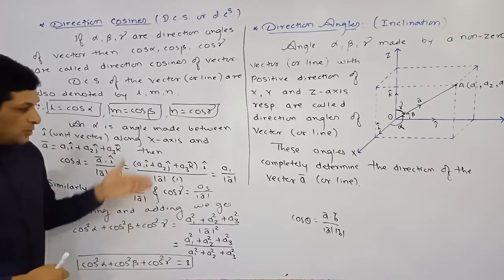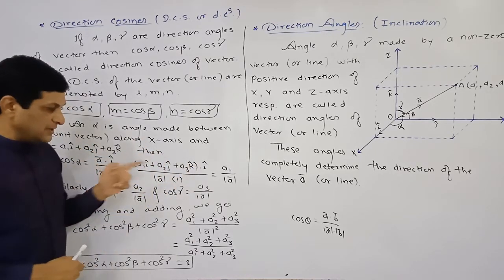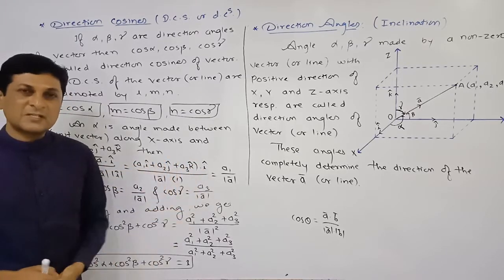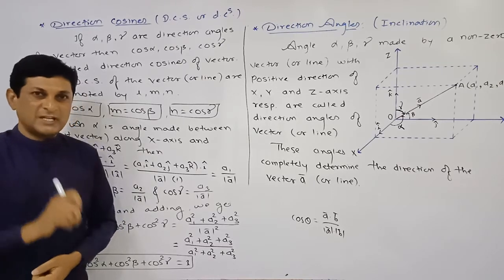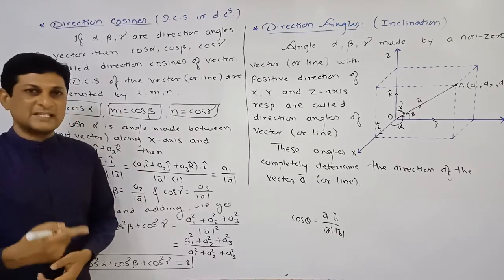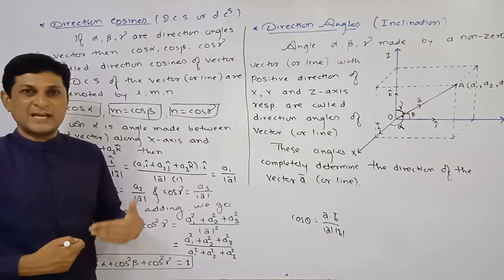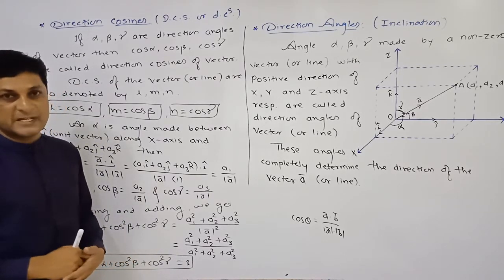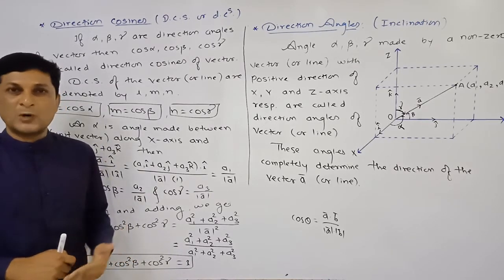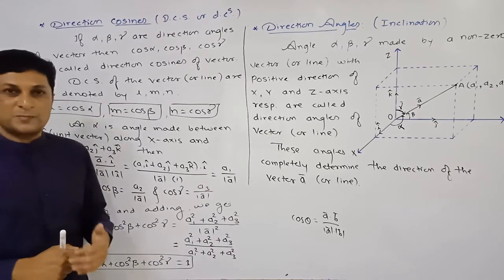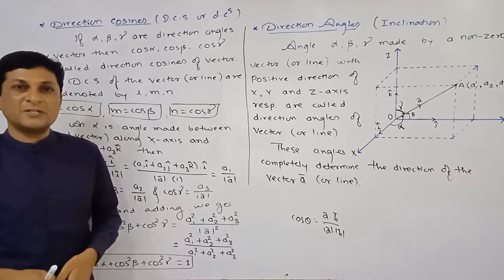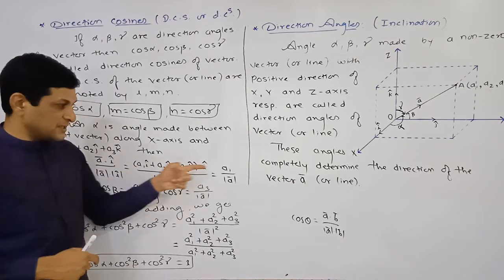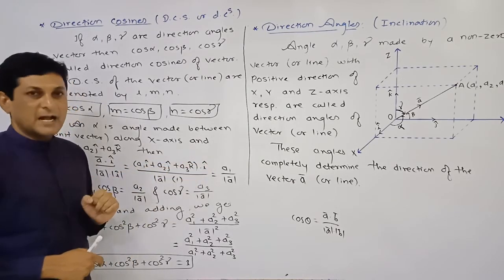Now if you will observe both the values, this is the first value, means first vector, and this is second vector. Now both the vectors are in terms of what? I cap, j cap, k cap. And if the vector is expressed in terms of I cap, j cap, k cap, then that representation is called as what? Cartesian representation. And if you observe the important result related with what? Dot product. We have studied about Cartesian representation of dot product. Now here two vectors are there which are represented in Cartesian form.